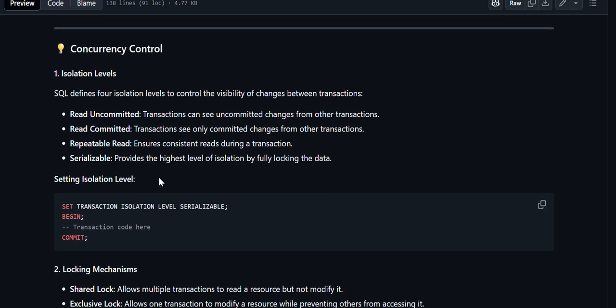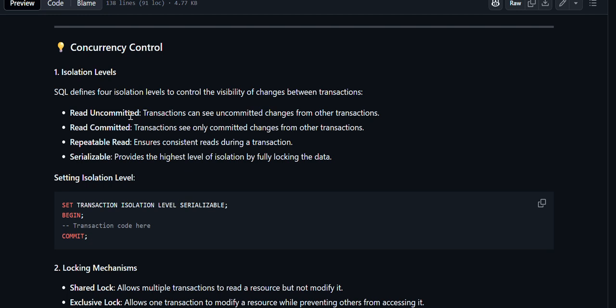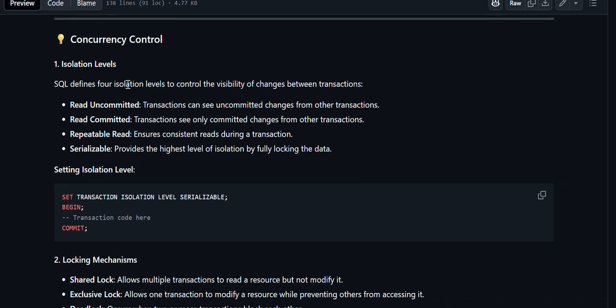Okay, so then we have concurrency control, which is isolation levels. SQL defines four isolation levels to control the visibility of changes between transactions. There's READ UNCOMMITTED, where transactions can see uncommitted changes from other transactions. READ COMMITTED, where transactions see only committed changes from other transactions. REPEATABLE READ, which ensures consistent reads during a transaction. SERIALIZABLE, which provides the highest level of isolation by fully locking the data. So you can set an isolation level: you SET TRANSACTION ISOLATION LEVEL SERIALIZABLE, you BEGIN, and then you put the transaction